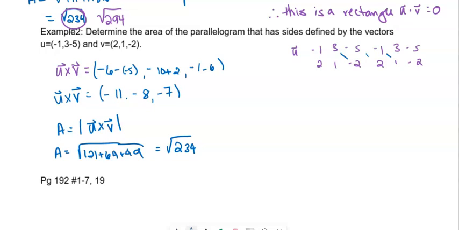Okay, last up, maybe I'm interested to know, is this a rectangle? Okay, so let's find u dot v. Okay, so I'm going to have 2 times -1, -2, plus 1 times 3, plus 2 times -5, which is